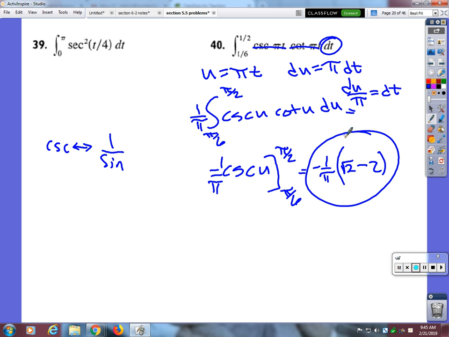Yeah. Because the derivative of cosecant is cosecant cotangent. Don't ask me why, it just is. I mean, we could figure it out using like the quotient rule and stuff, but when we did derivatives, that's one of the